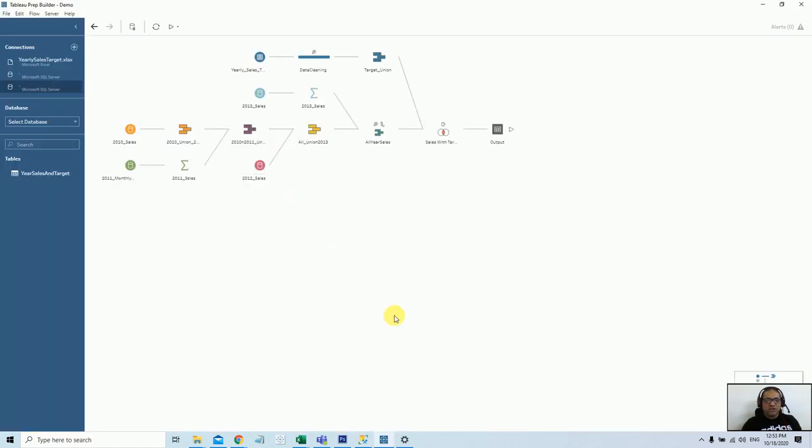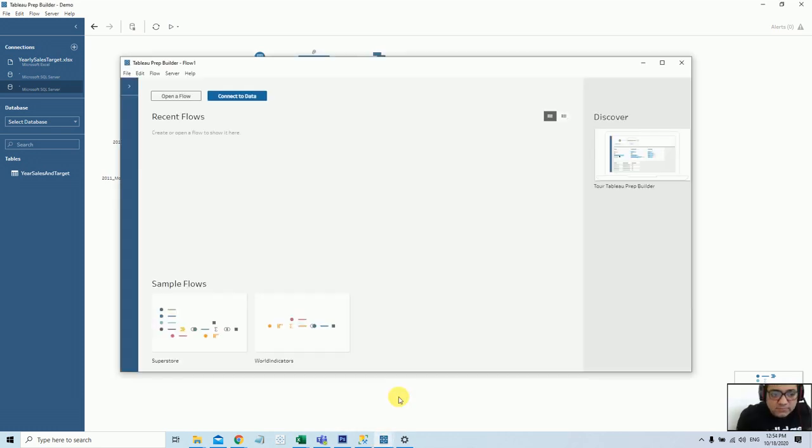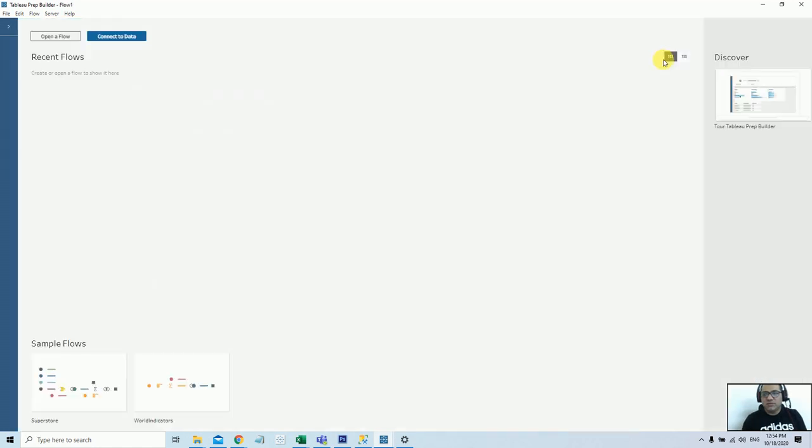So let's quickly begin. To start with, I will open a new Tableau file. You can see this is the latest version, which is 2020.3. First of all, let me maximize this screen. Here in the discovery pane, if you see on your right, you can see a quick guide and quick tutorial by Tableau. It is also wonderful information you can get from here.